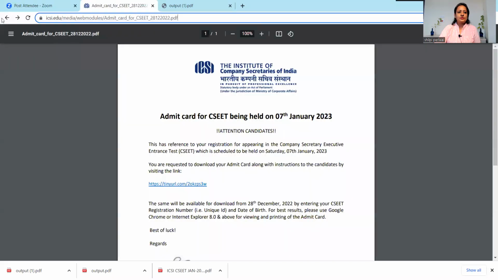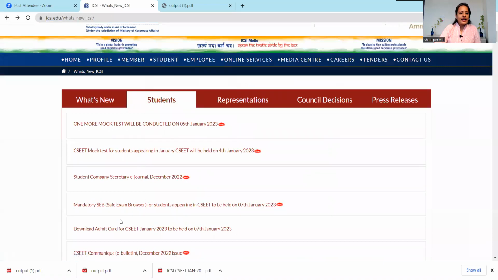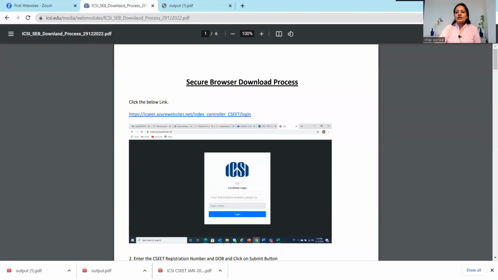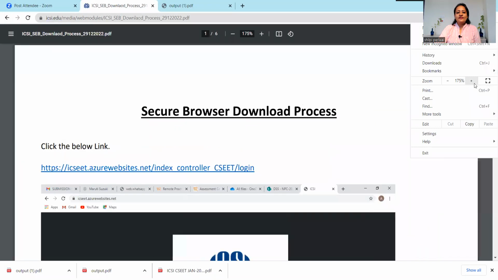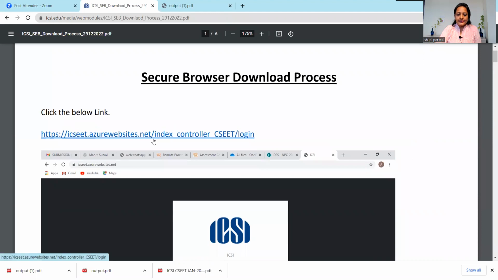So go to the ICSI website, go to the students tab, and on the latest, the fourth one, on the students tab, you can find this mandatory SEB, that is Safe Exam Browser. You make sure that you are downloading this Safe Exam Browser. If you click on this link, then